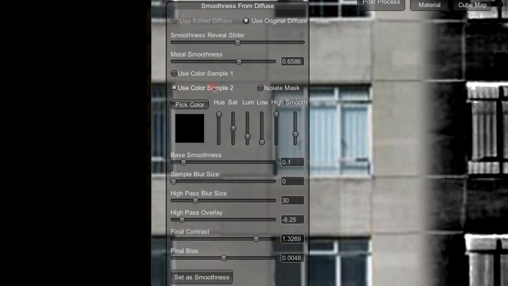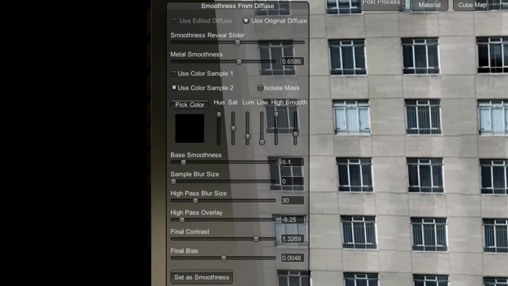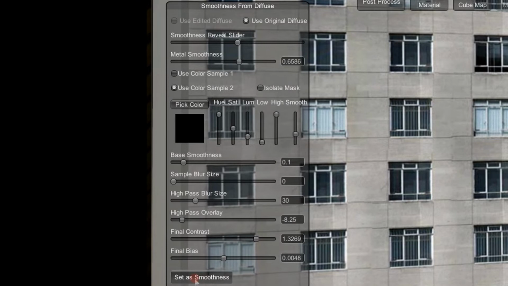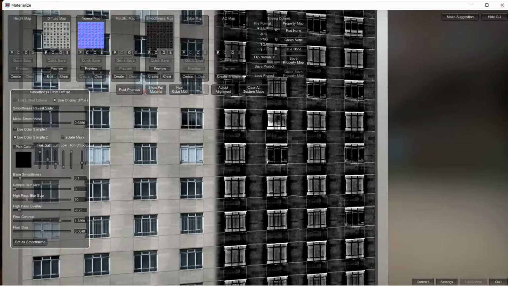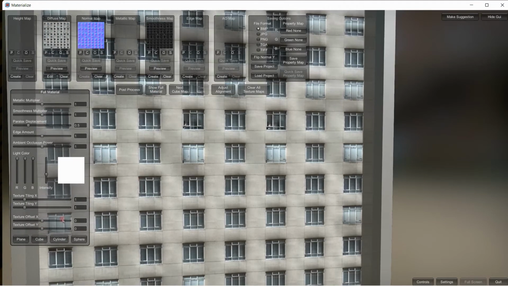I used color sample 2, and then base smoothness 0.1, sample blur size 0, high pass blur size 30, high pass overlay minus 8.25, final contrast 1.32, and final bias 0048. And then you should get something like that, and then click set as smoothness, show full material, and then